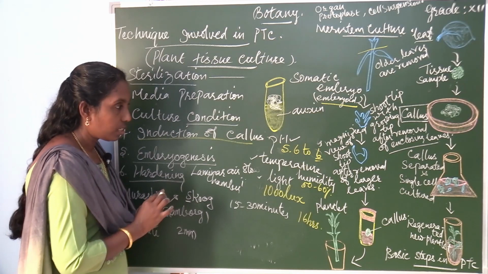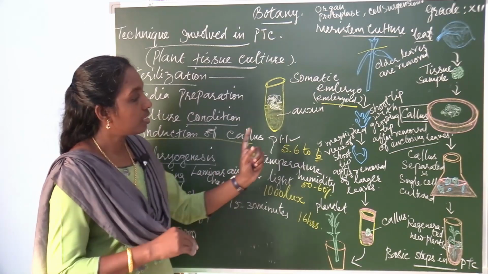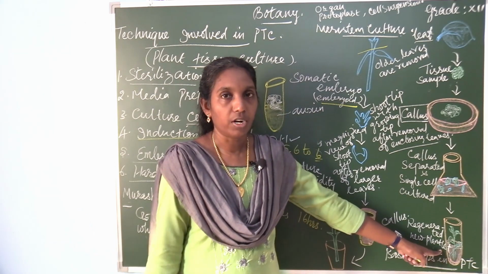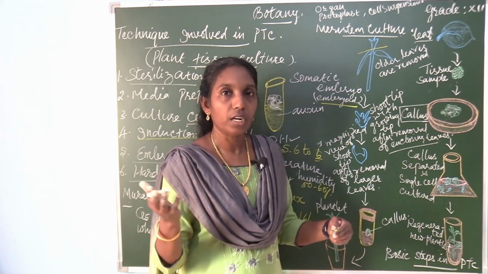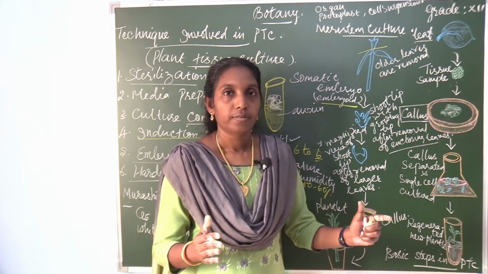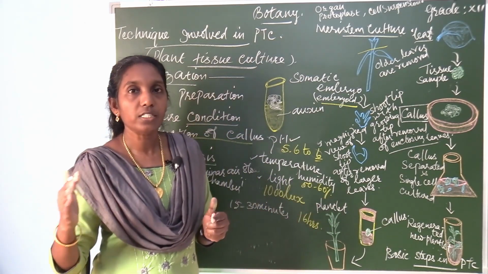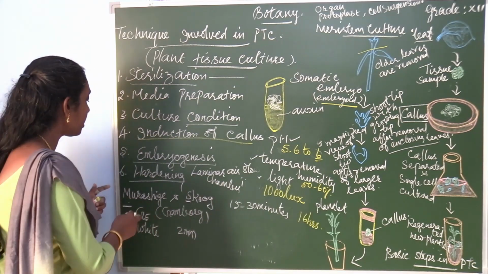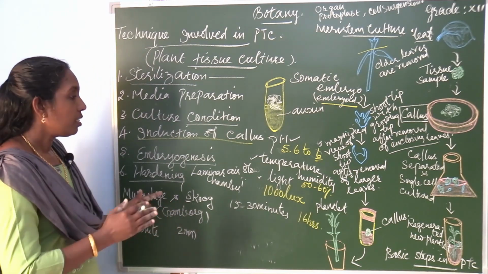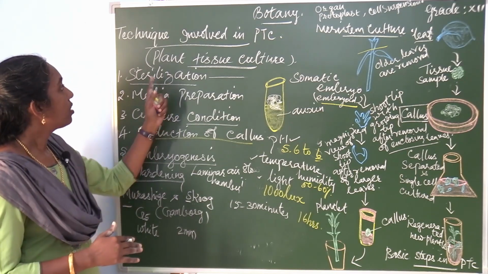So it's the process by which, in a stepwise process, the plantlet is transferred into direct environmental conditions, exposure to normal conditions. Till the plantlet develops, it is inside the room, artificially grown. Now it can be transferred to the natural environment. Such a process is called hardening. So hardening is the transfer of plantlet to the direct environmental condition. So these are the steps involved.